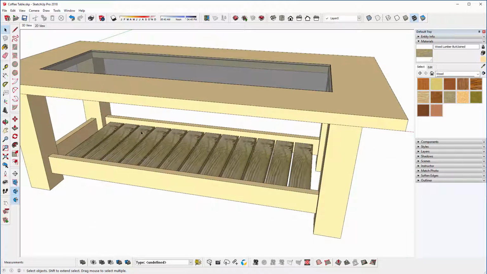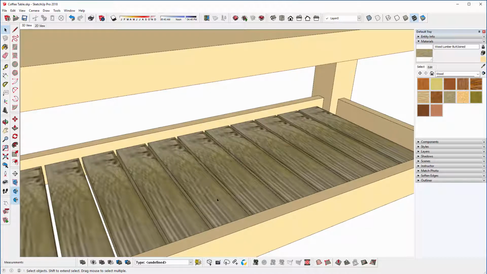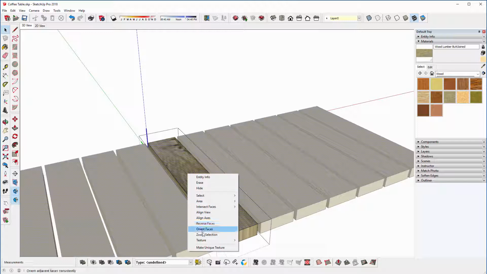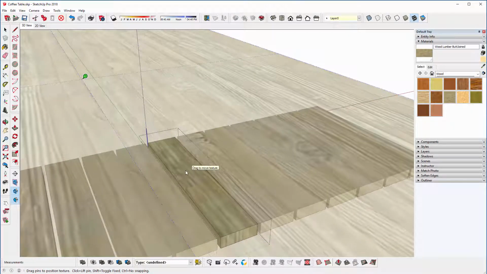But just be aware that since they're all components, you may find that your grain is looking repetitive, so you might double click on the grain and ensure that you adjust the position so that there's no knots or anything that is too obvious. So just maybe like that. Right click, done,